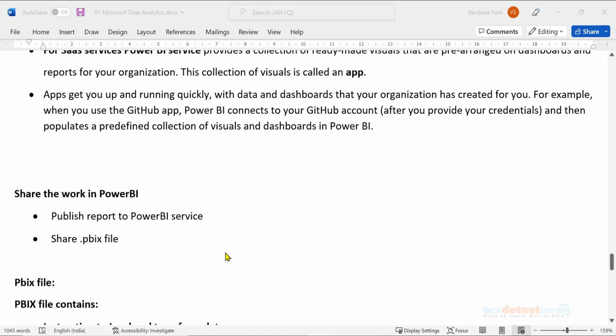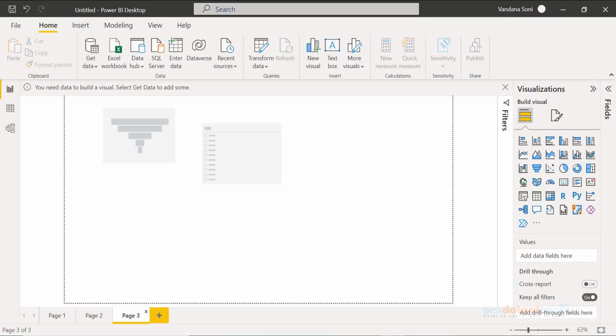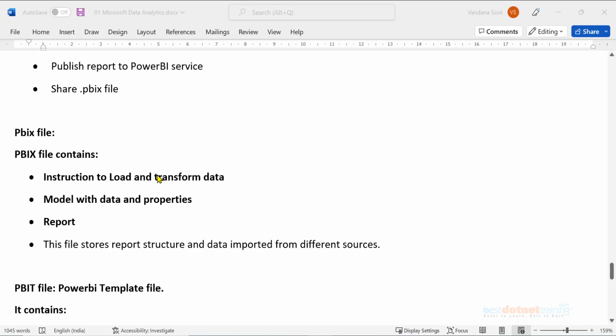Then, you have to create a report using Power BI Desktop and publish the report to Power BI service. The Power BI report file extension is PBIX. It contains instructions to load and transform the data, which we will see as we proceed with the course.